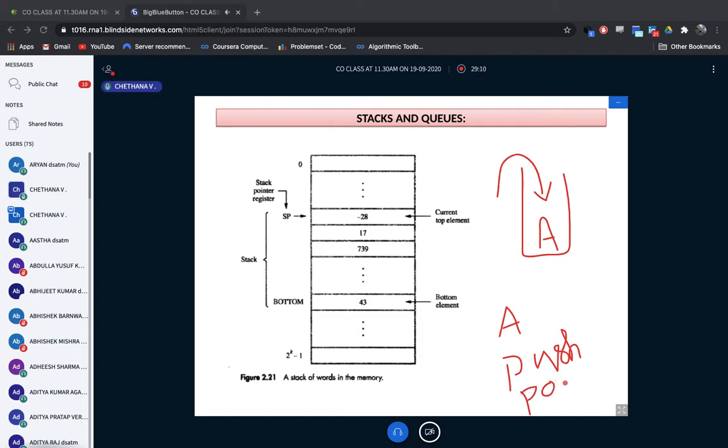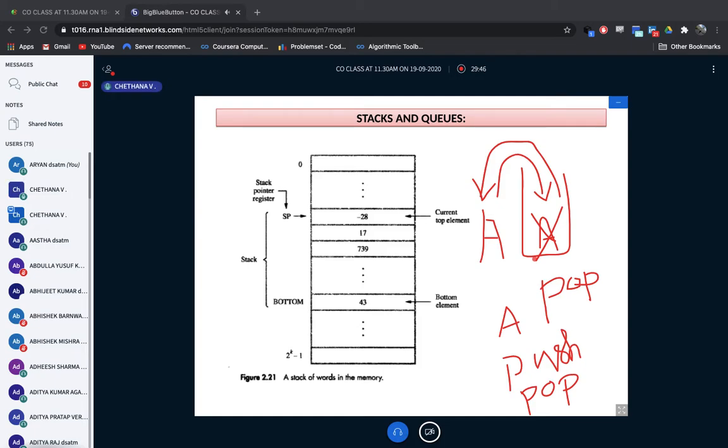You will study the concept in great depth in data structures, so I don't want to explain much. The required concept I'll explain to you. Suppose I want to take out the data from the stack, what should I do? One operation. What is that operation? Pop operation. Pushing the data into the stack, popping the data from the stack. Now I'll take out the data, that means pop out the data. Now A is outside, so no data in the stack now. I remove it. I hope you are clear.